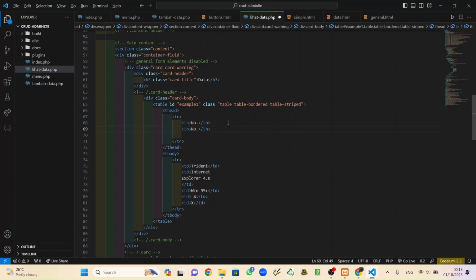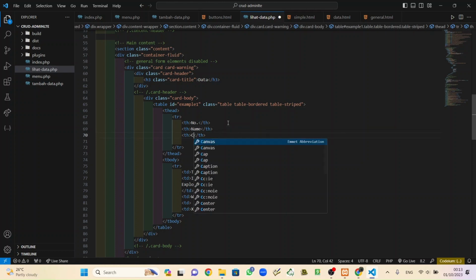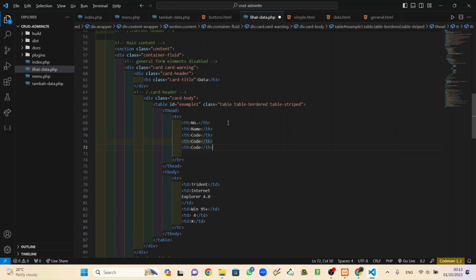Alt Shift down, and the second is name, and the third is code. Alt Shift down, and price, and the last is stock. Save.